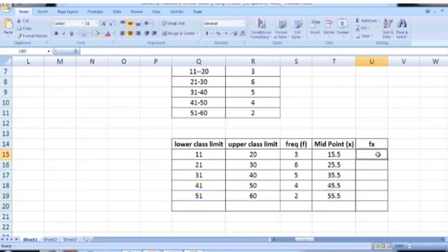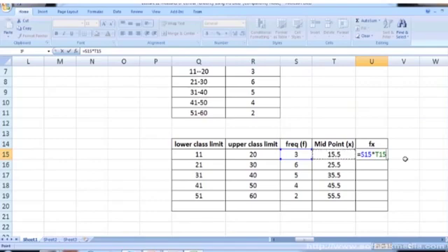Once we have the midpoint, the next step is to calculate the product f and x, where f is the frequency and x is the midpoint. For f into x, we have to multiply the entry f, which is located in S15, using an asterisk for multiplication, and then x, which is in T15. So S15 asterisk T15. The asterisk is used for multiplication in MS Excel.